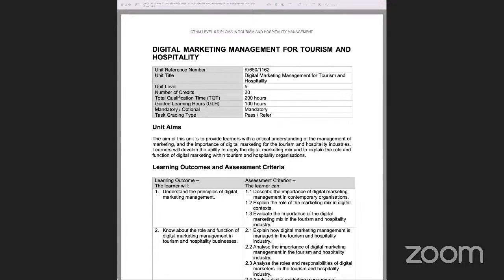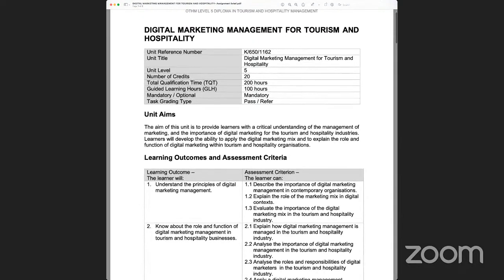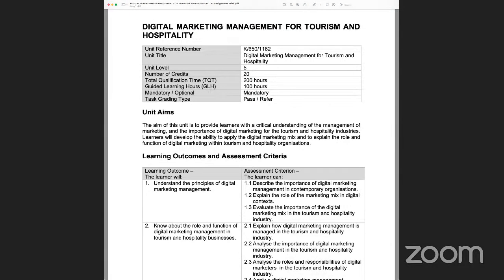This is a very interesting unit from a point of view of not just your course, but also in general, because we get to see marketing being applied in its digital format, and we are in touch with it on a daily basis. Whether you use a smartphone, a Mac, PC, or tablet, we are not far away from witnessing how marketing is currently done on digital media. So things like your phone, billboards, the internet, and any other digital medium that we interact with. When you go to train stations or the airport, you see a lot of displays.